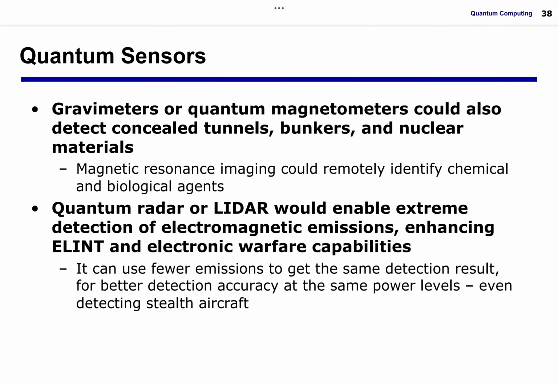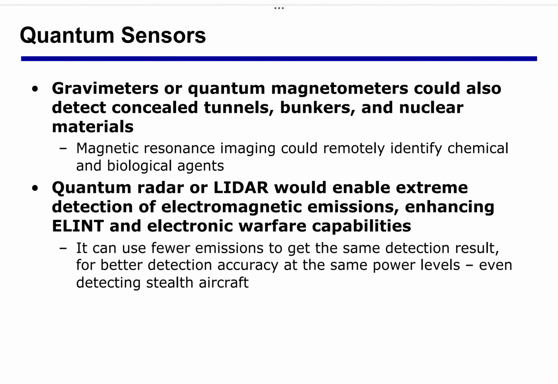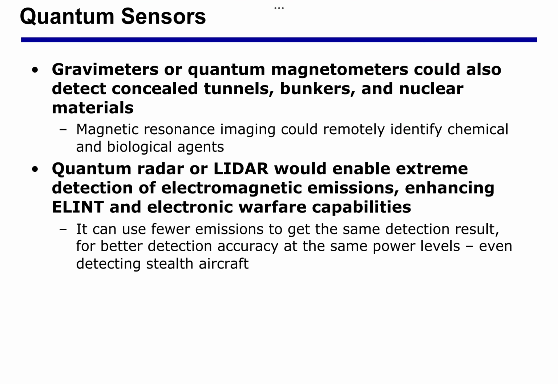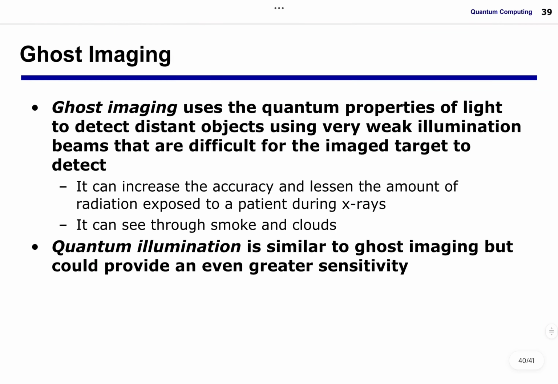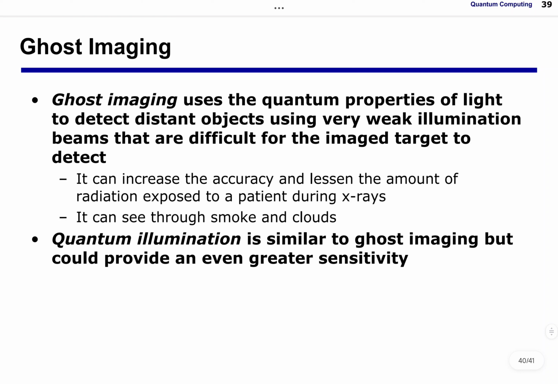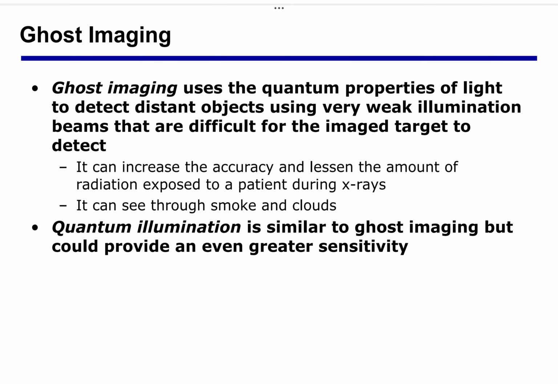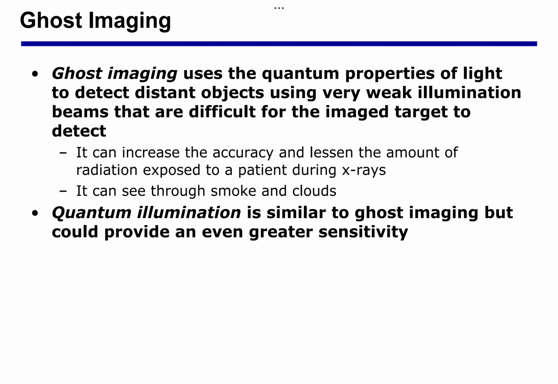what we can imagine, detecting more precisely. Also, ghost imaging, I think, uses the quantum properties of light. This is using very weak illumination, being different from the target. You can throw smoke and it can reinforce the accuracy and lessen the amount of radiation exposed to a patient during